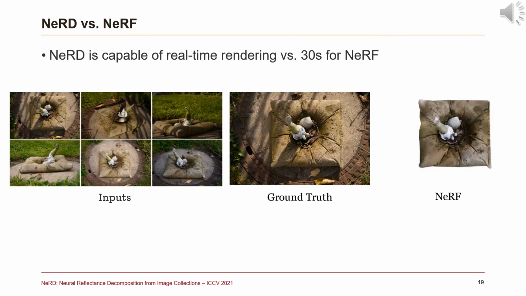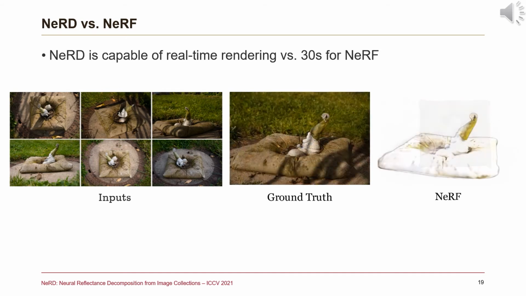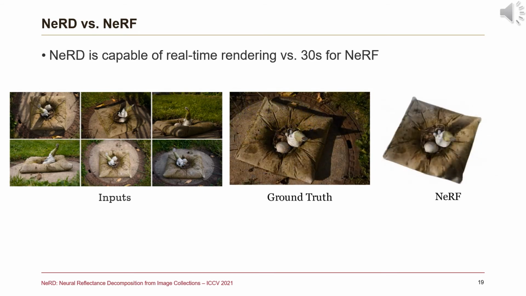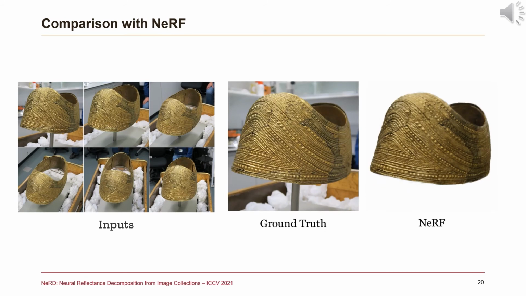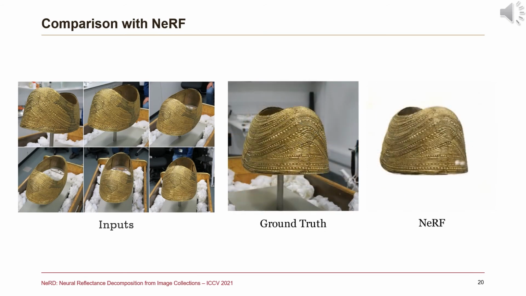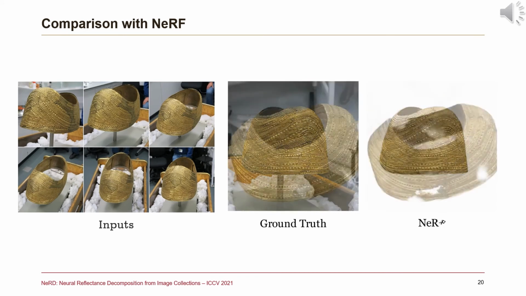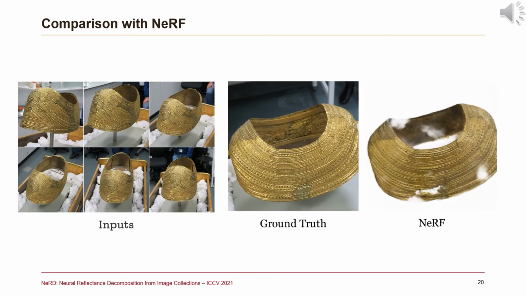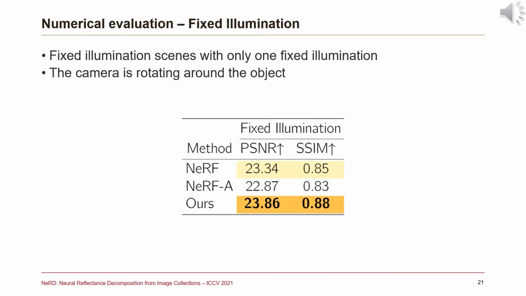Let's inspect some results of the method. As already mentioned, NeRF is not capable of relighting under unseen illuminations and can also not handle objects under varying illuminations. Here we showcase the expected inconsistencies. Compared with NeRF, our method generates equally detailed and accurate results while having fewer floating artifacts. This is due to our physically constrained rendering used during the optimization.